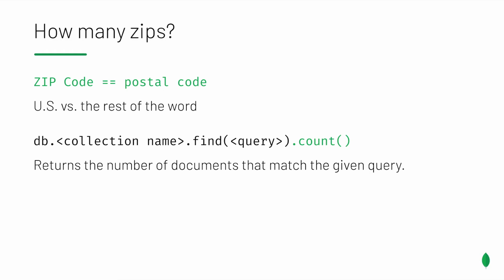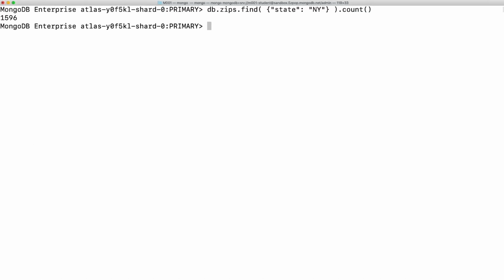I'm now really curious to know how many zip codes there are in New York State. By the way, for those of you who are unfamiliar with the United States address format, a zip code is what is known as a postal code in the rest of the world. To find how many zip codes there are in New York, I can add a count operation at the end of my find command, like this. Now I know what the Atlas UI meant by many when we looked up all the New York State zip codes. In that case, many meant exactly